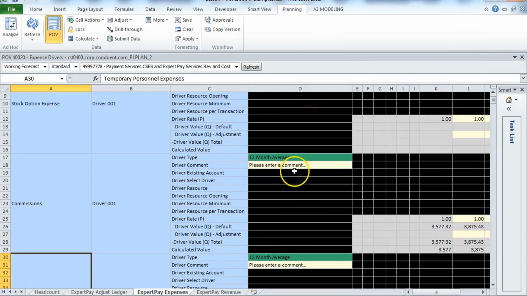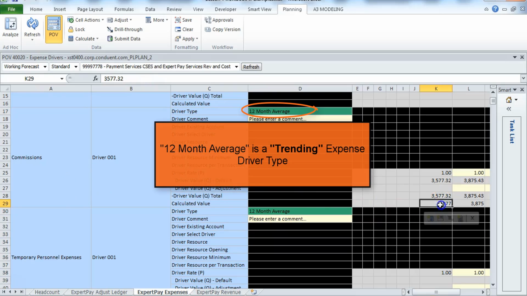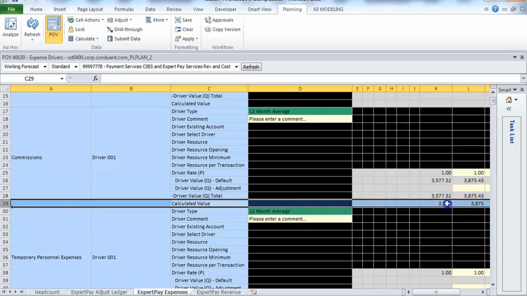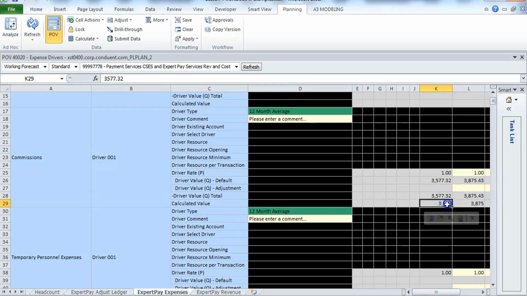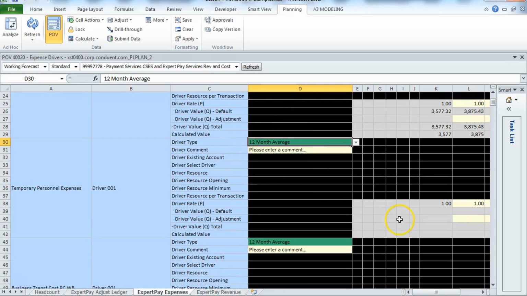You can see this group used the 12-month average, which is a trending expense driver type. That driver type will cause the system to calculate the average of the last 12 months of actuals for this planning cost center for this account. The calculation was already run, and we see the calculated values in the gray cells. For these other expense accounts, where the driver type was also trending, there were no actuals, and thus the calculated